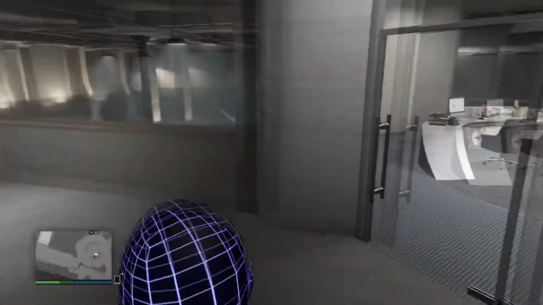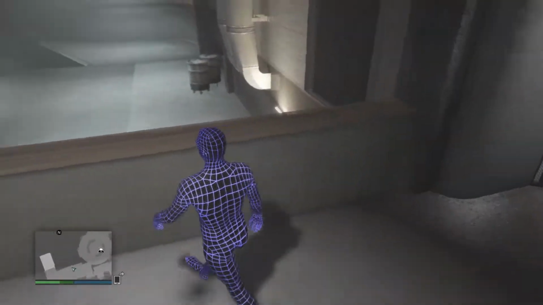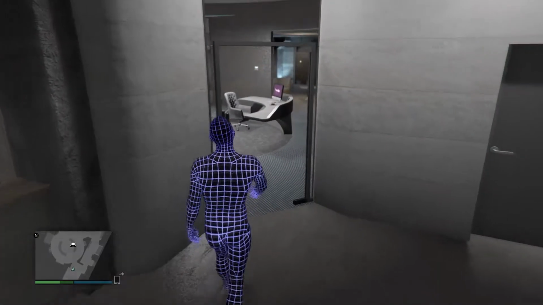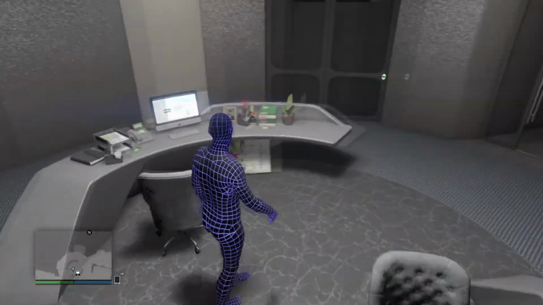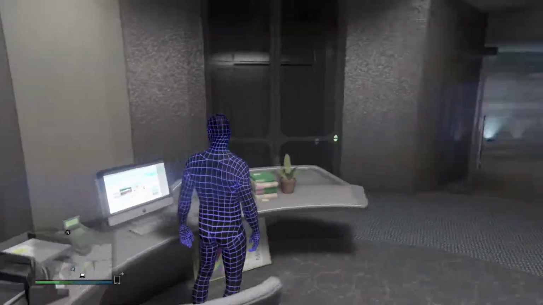Okay, and then when you get into this area right here, this is where you will be doing your drop-offs. So when you do your supply runs and you come back with your supplies, your vehicle will be stored in there. At first I was trying to figure out what that was, but now that I've played the game